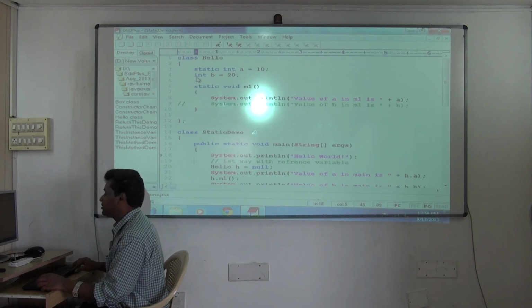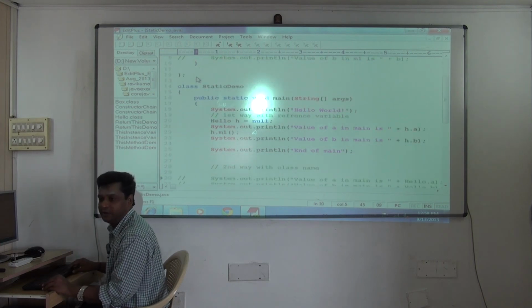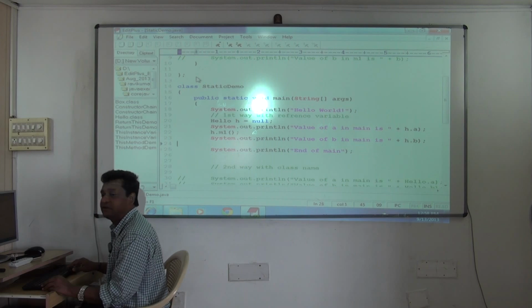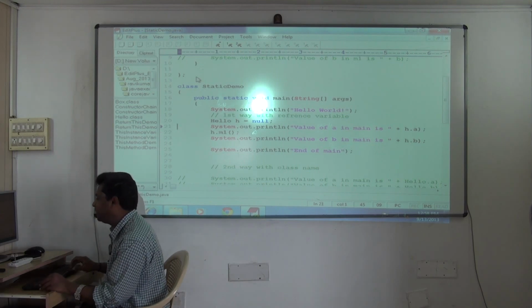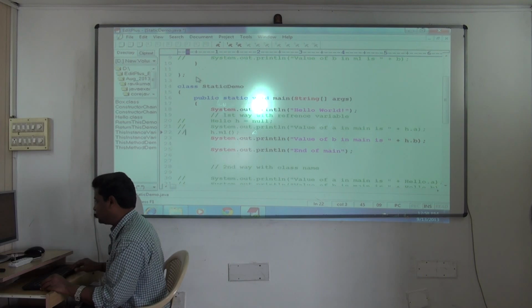Clear? Okay, this is the first way with the variable. So I cannot access without creating an object, which is an instance member. Static here, clear now. Instance members have to be accessed only by creating an object. So this will fail. Similarly here,